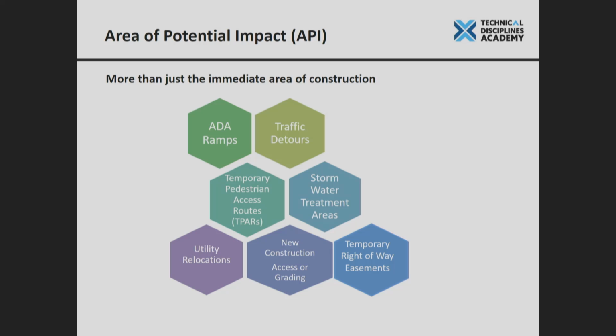Stormwater treatment areas. When we do highway improvements, particularly when we create additional impervious surface and other activities, it might trigger the need to treat all that stormwater runoff. Sometimes we can do it right along the side of the highway where we're operating. But other times, there's not enough room. And so we might have to look for an alternative location. And that facility might sit a half mile down the road. Well, now that means your area of project impact also includes that as well.